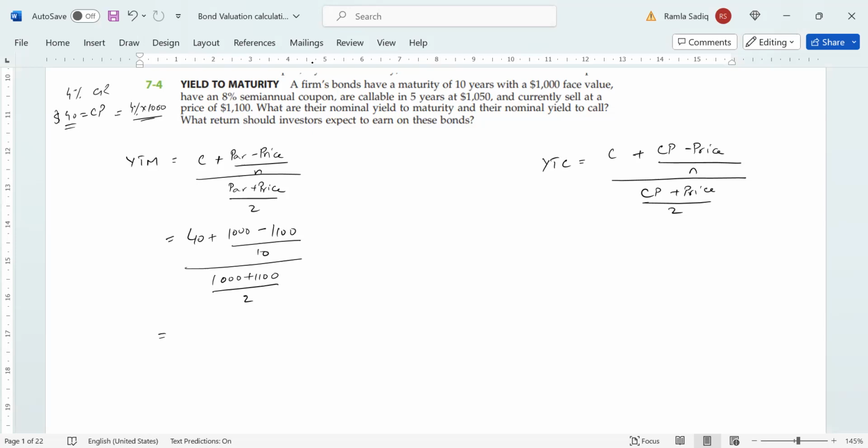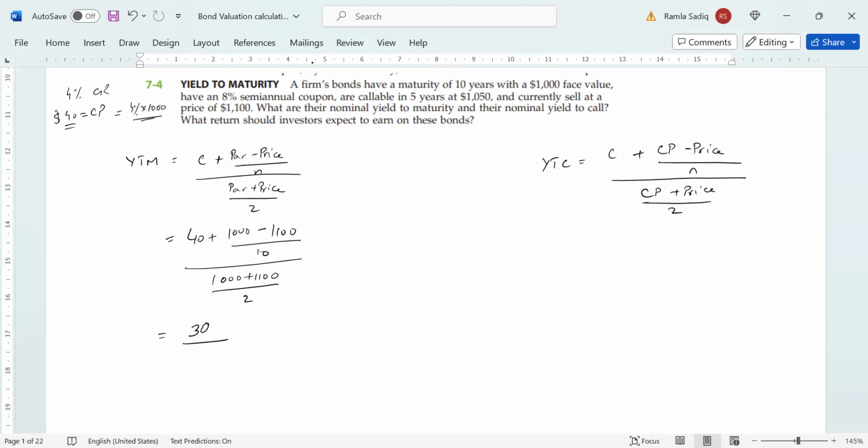So 1,000 minus 1,100 is negative 100. 100 divided by 10 is 10. So 40 minus 10 is going to give us 30 over here in our numerator. And of course, 1,000 plus 1,100 is 2,100, and 2,100 divided by 2